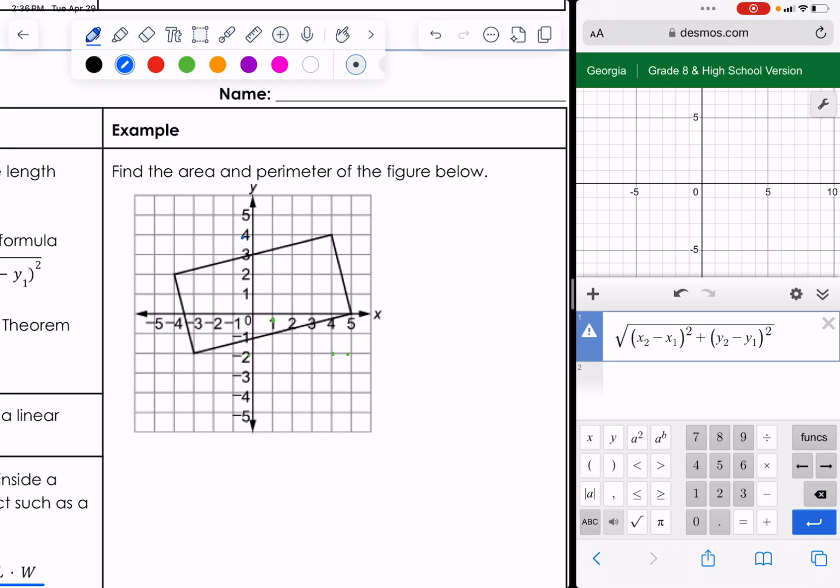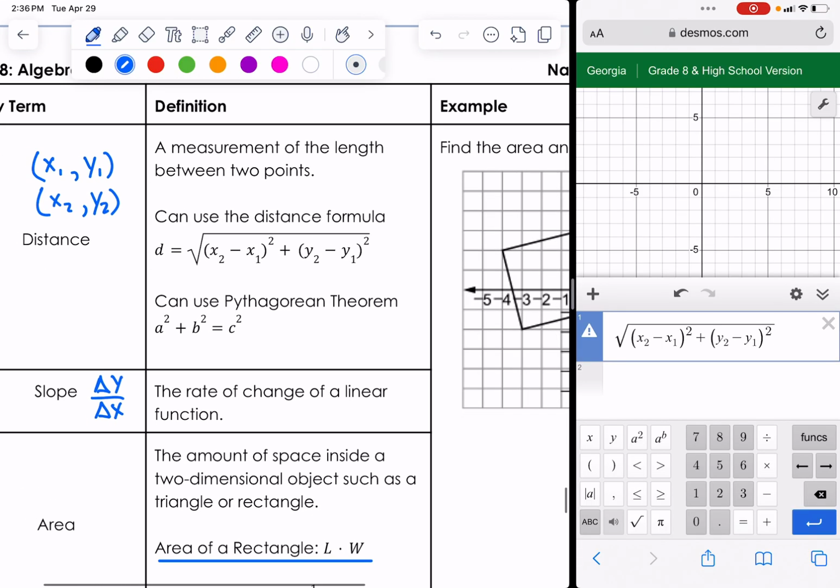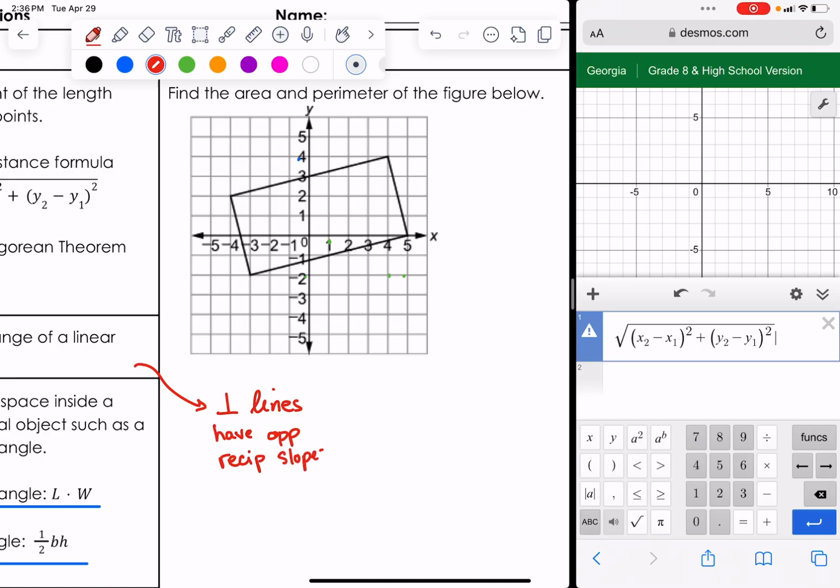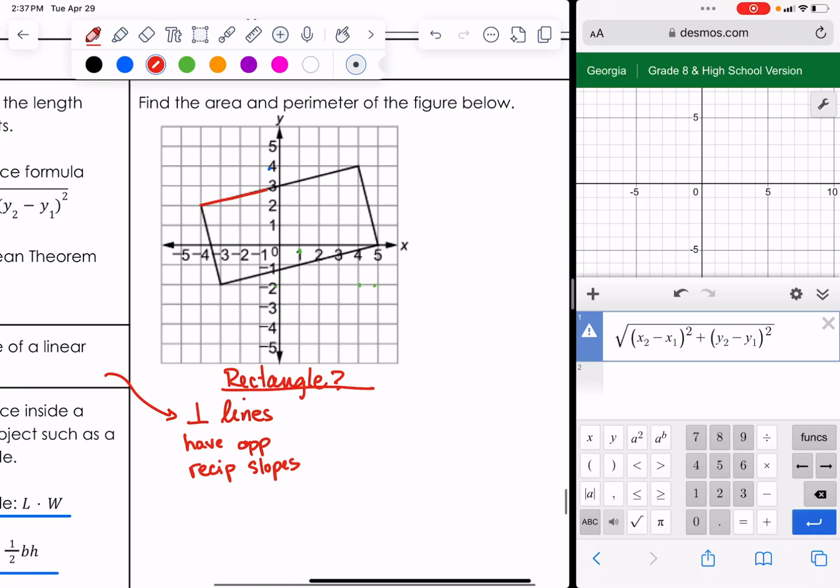check that. So I'm going to need to remember that my slope, right angles or perpendicular lines, have opposite reciprocal slopes. So that's important. So we're trying to figure out, is it a rectangle? Because that's going to be helpful. So let's take a look at 2 of these lines right here. We'll take a look at this guy right here and this guy right here, and we'll figure out what the